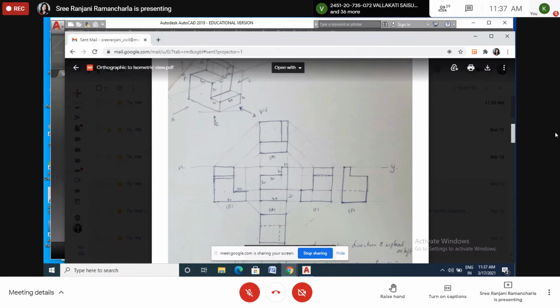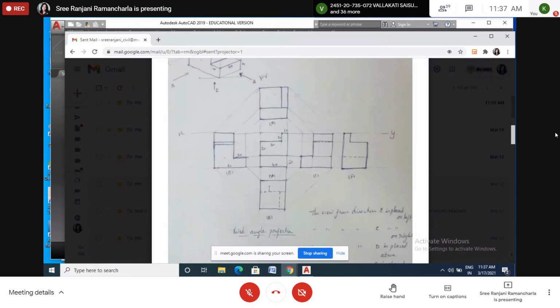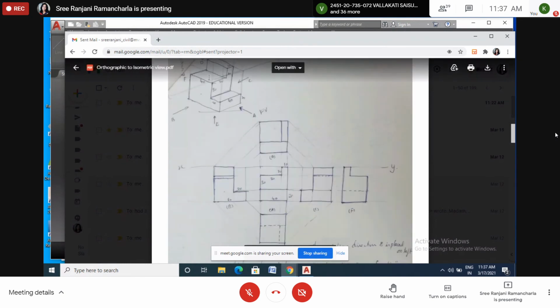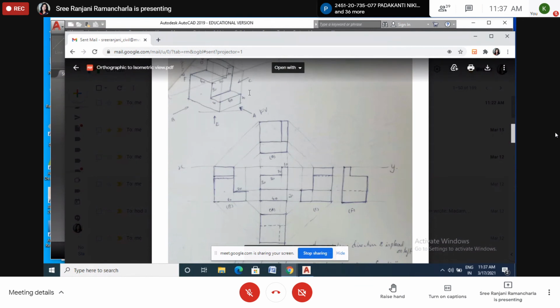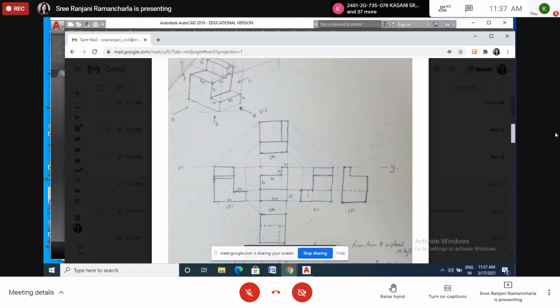If you see from the bottom, so this is E. Okay. So if you see from the bottom, this line is not seen. So this is a hidden line. And this one is a dotted line. So if you draw in this way, then you will get it correct, you can draw it exactly. So from here, no need to measure this one. After drawing these three figures, no need to measure again.